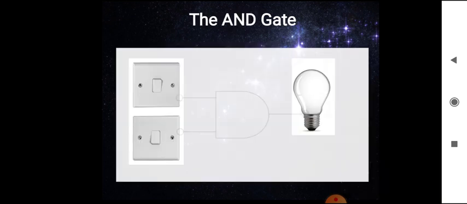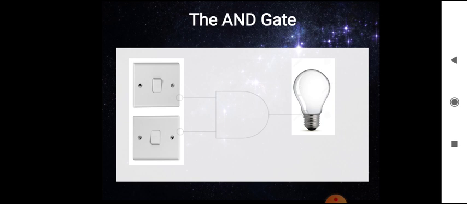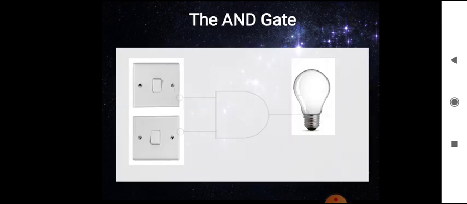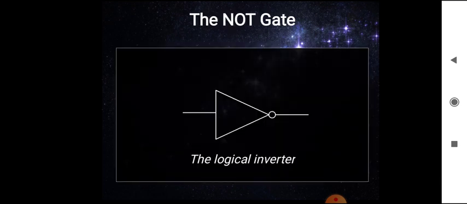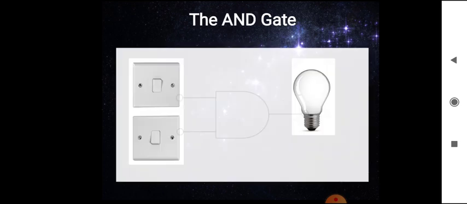The AND gate output will be A dot B. A dot B means it will do the multiplication operation. Suppose here we are showing A and B as two switches. Whether these two switches are on or off will determine the output. Okay, so I will show the truth table also.